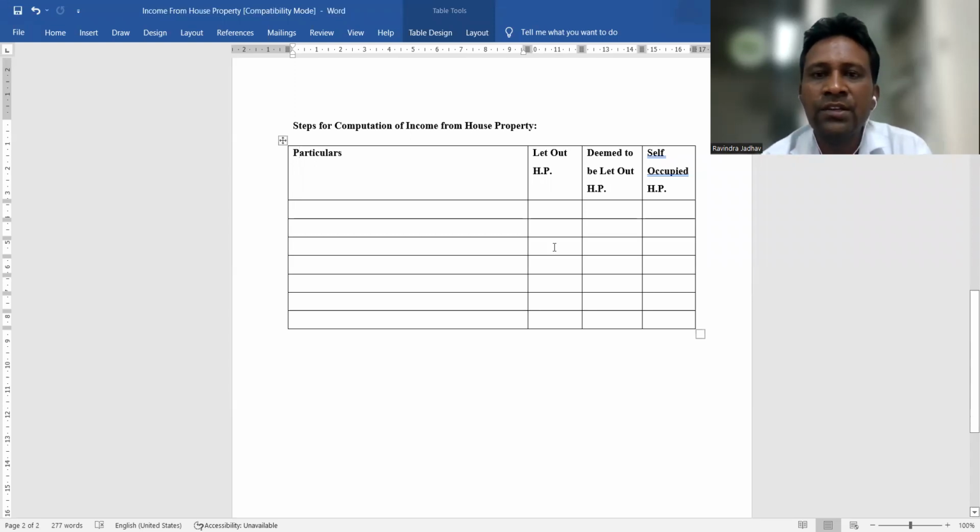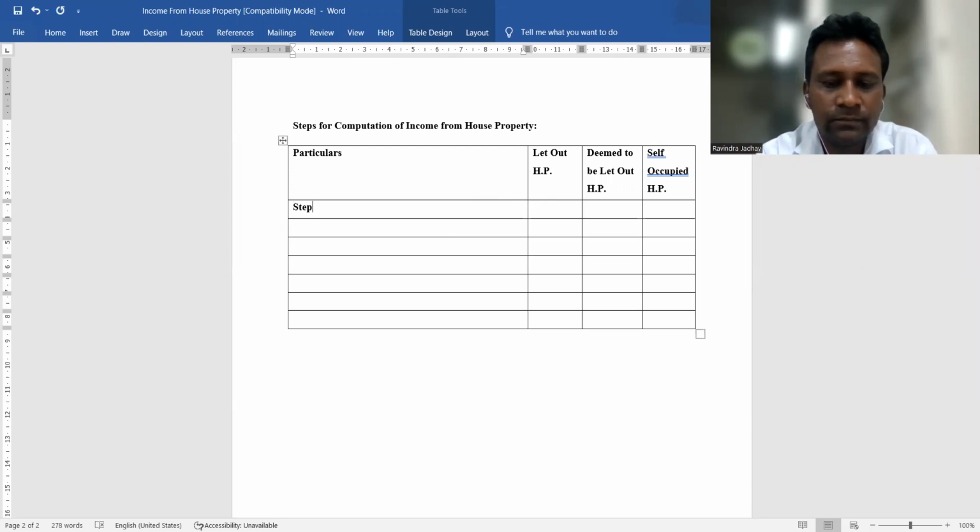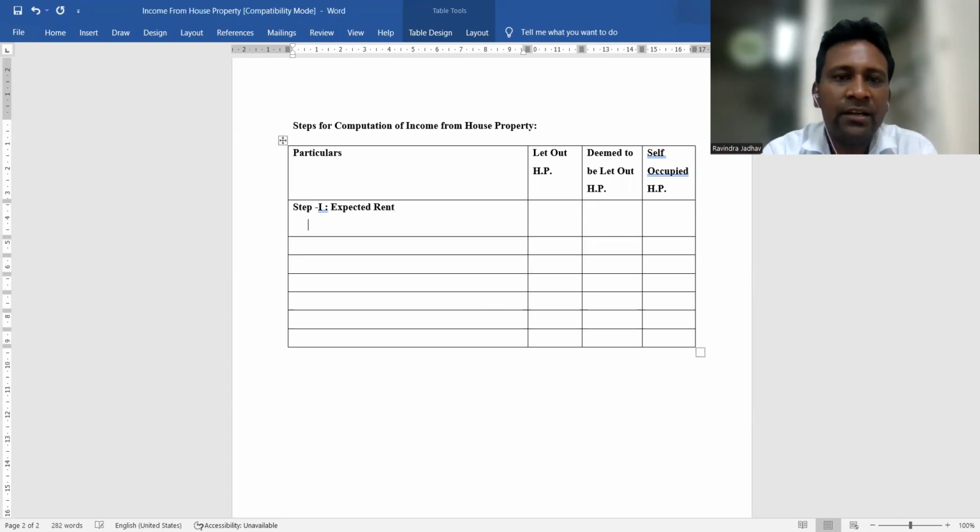Firstly, we are going to discuss which steps are used while calculating income from house property under let out house property. So, step number 1 is the expected rent. Okay. So, firstly, we need to calculate expected rent. And how to calculate expected rent? It is calculated after comparison of three figures, that is municipal valuation